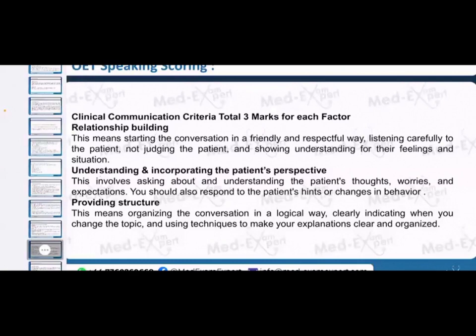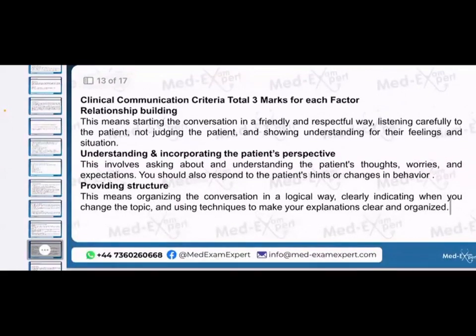So now, understanding and incorporating the patient's perspective. This involves asking about and understanding the patient's thoughts, worries, and expectations. Sometimes we advise students that after finishing every bullet point, you have to say, am I understandable to you? Am I clear to you? This is for understanding and incorporating the patient's perspective. So it may assure you that your patient is understanding whatever you are saying. And definitely this will give the examiner a sense that this person is capable of conveying her message to the patient